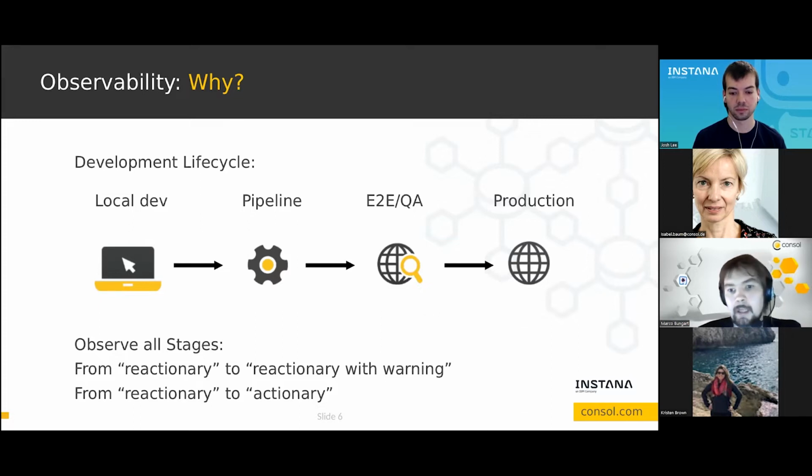This gives us a little bit of leeway in response time. But even better, if we start observing on a more granular session level, we are able to switch from reactionary to actionary, meaning we can actually see the problem coming and act before our end users actually see what's happening and can fix it.